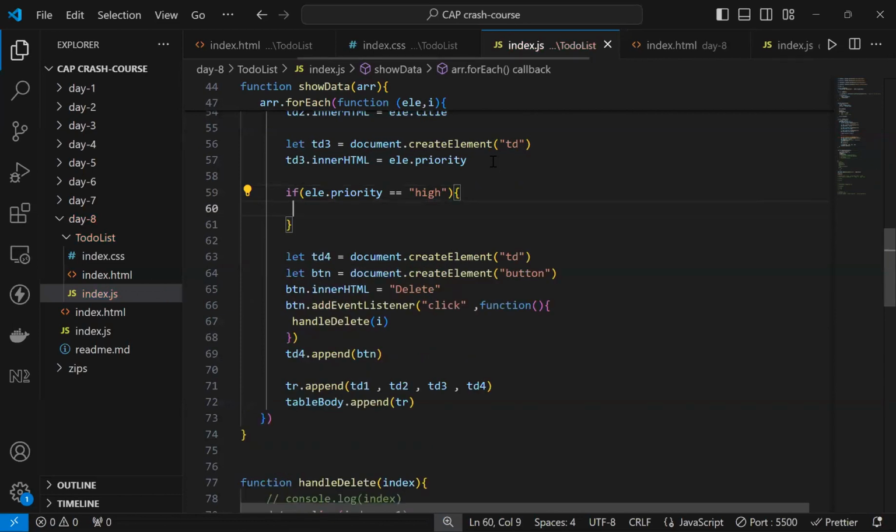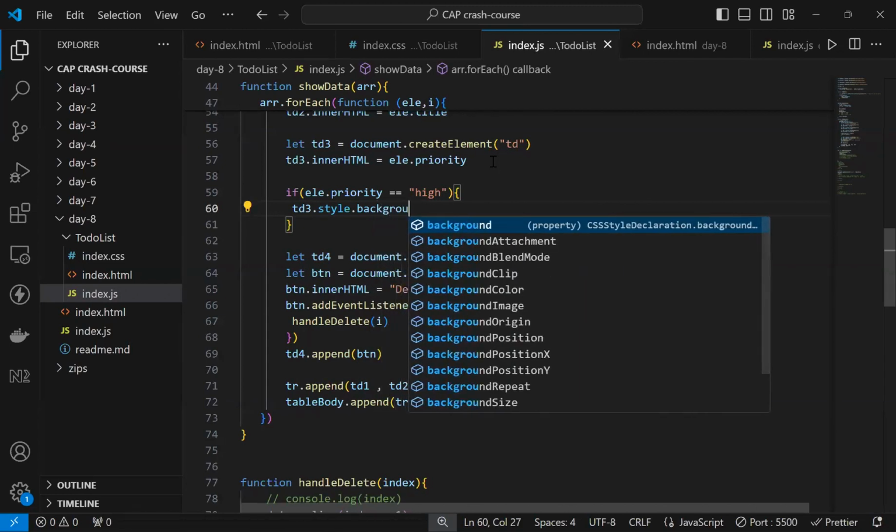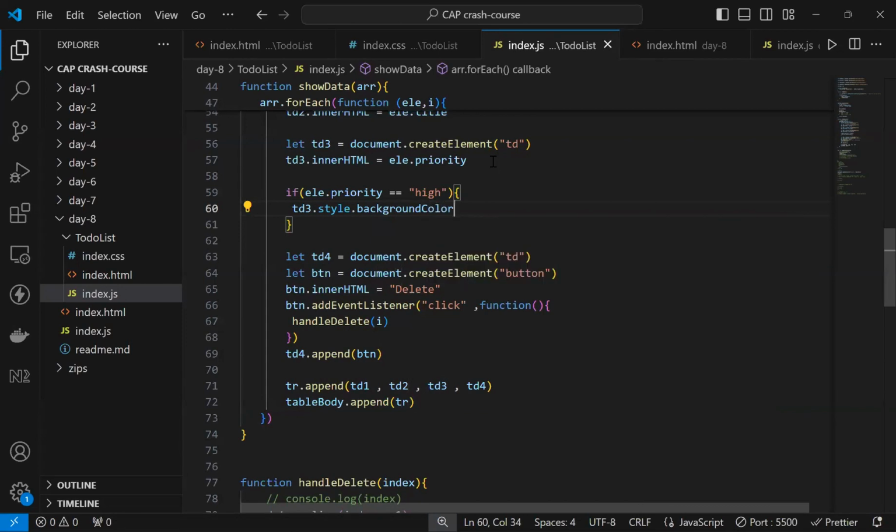What I'll do is I'll just access td3 dot style dot background color, and I'll make it red. Clear? Can we do this? This is fine,